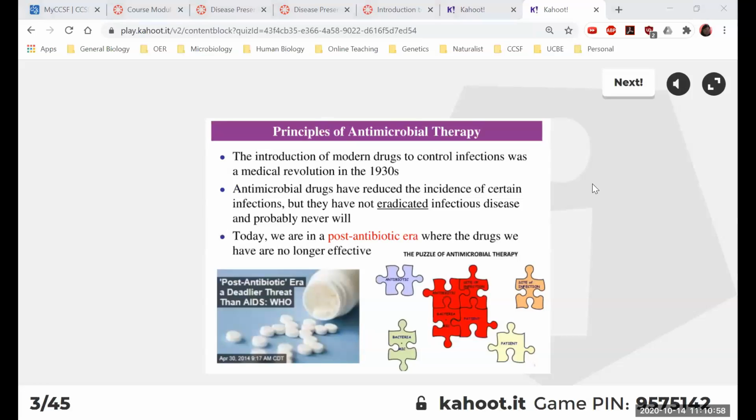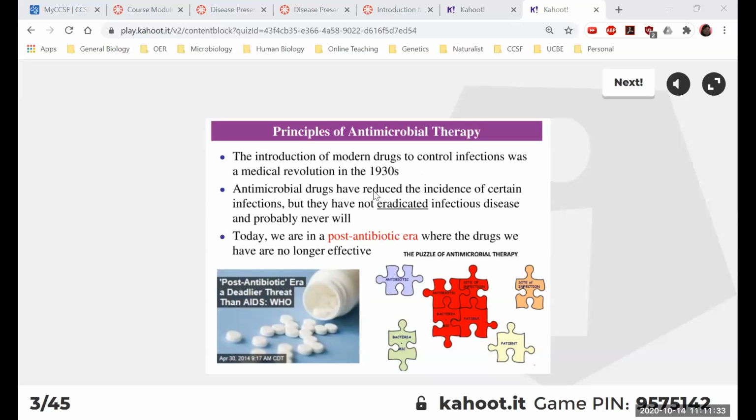So if you think about the history of antibiotics, the first one was discovered accidentally by Alexander... Guys, what's his name again? Is this Fleming? Fleming, very good. So by Fleming, in 1928, and then the first antibiotic that was used commercially was actually not until the 1940s, basically around the time of World War II.